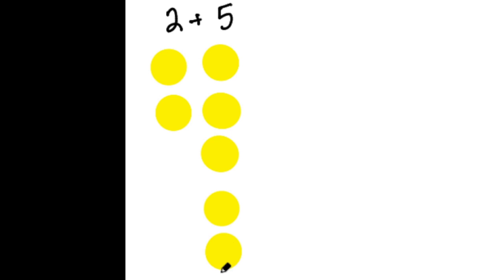Let's say we have 2 plus 5. What this means is I have two positives, so I'm going to use yellow to start. 1, 2. And the add means combine with or add to. I want to add 5 to this 2 that I have. 1, 2, 3, 4, 5. Notice all the colors are the same, so there's nothing to cancel out. So I just add up everything I have. Here you see 7. It's just a positive 7.